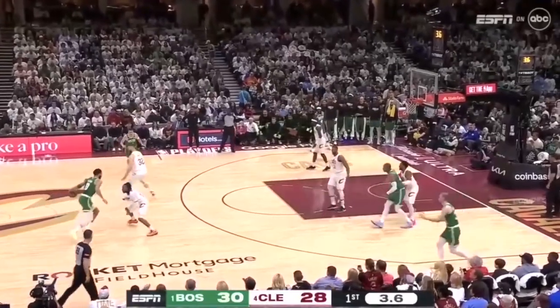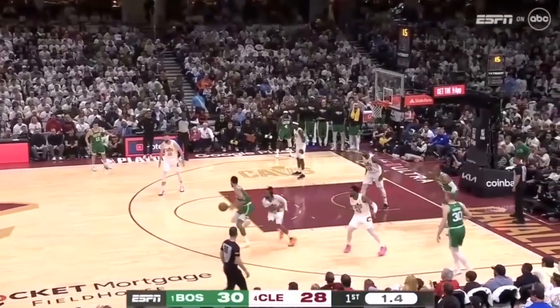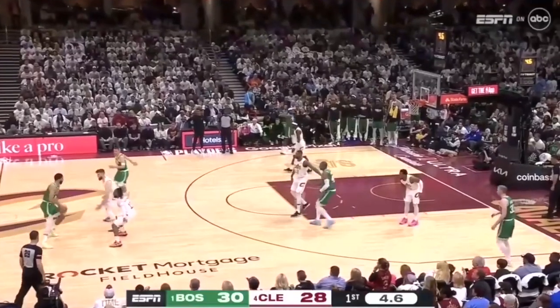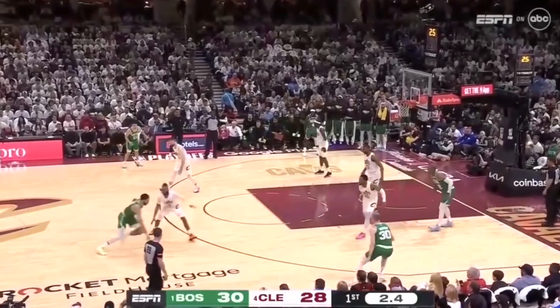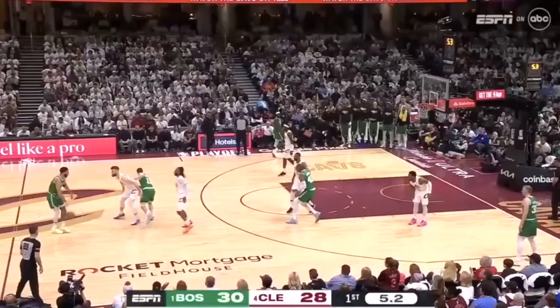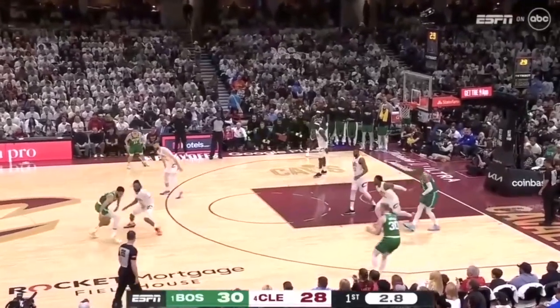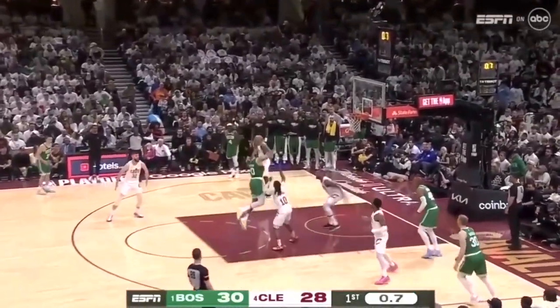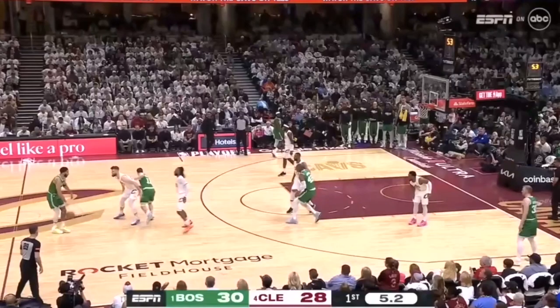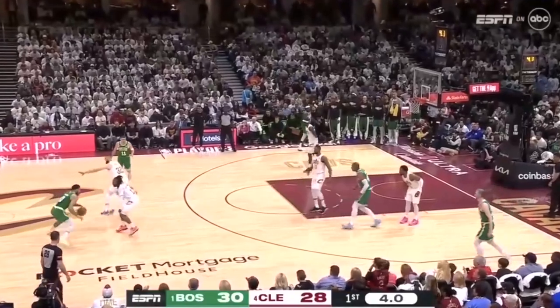Now, even though this was a missed shot, I'm going to tell you why this was significant. For the last couple of years, at the end of games or at the end of quarters, Tatum has become extremely predictable, and the defense knows that. In the middle of the season, I noticed a couple things, and I looked at every shot Tatum took with 10 seconds or less on the game clock in every quarter. So if it was the fourth quarter, him trying to tie the game or to win the game,